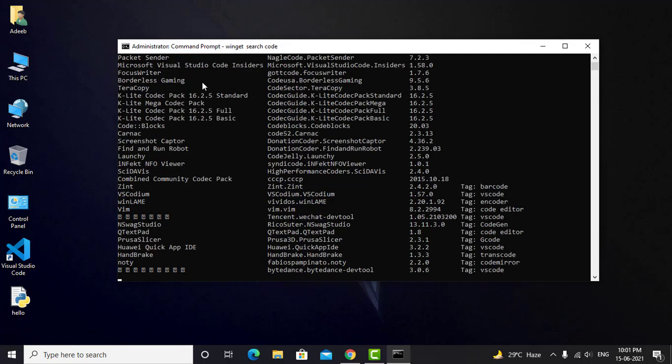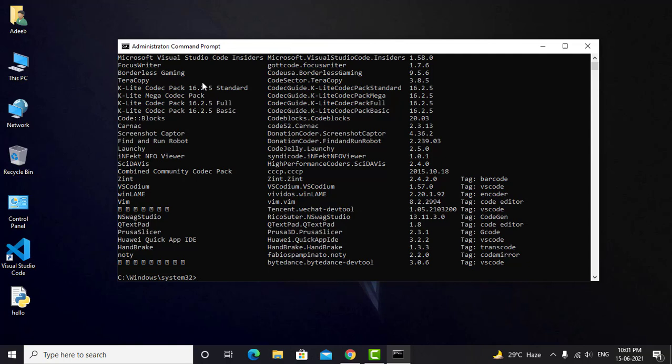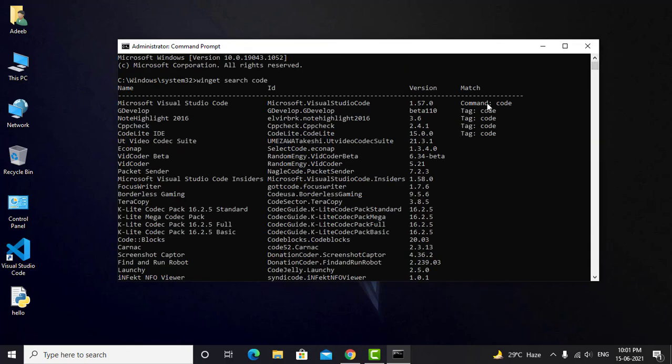You'll get nothing. So don't try to do it until you have installed the Winget installer package. Do not worry, I'll make a tutorial on how to install Winget as well.